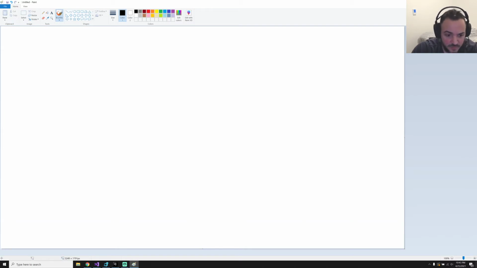Okay, so let's see if I can get a slightly larger brush here. That's not, there we go. So what I want to do is draw some of the things going on. Right now what's happening is we have a TMX file, and that's what our map is, right? That's what I was saying. So that's a map. We have this TMX file,